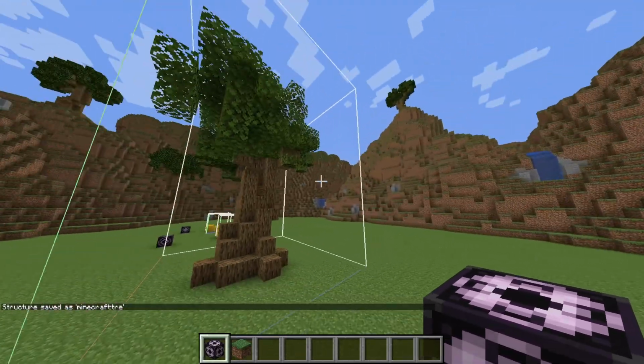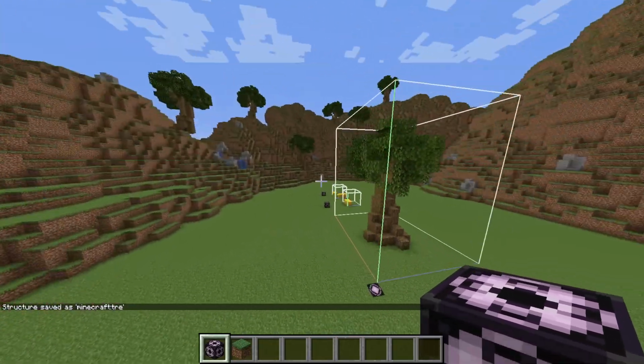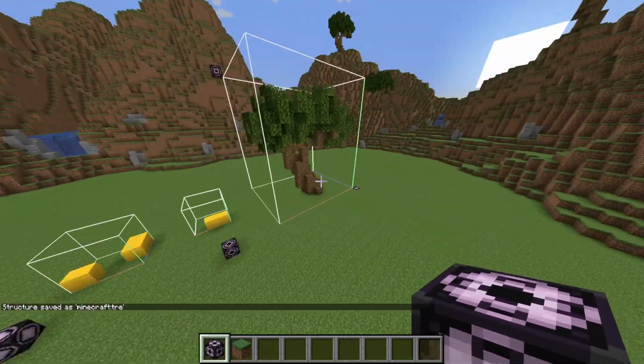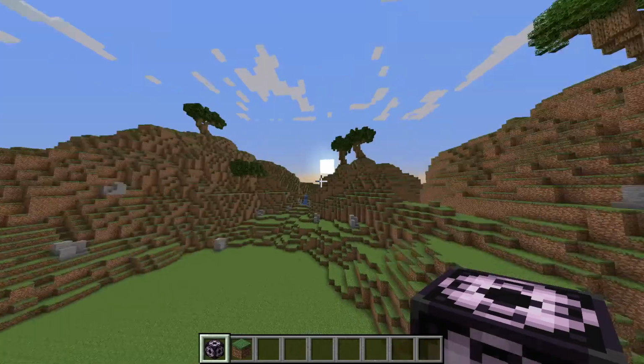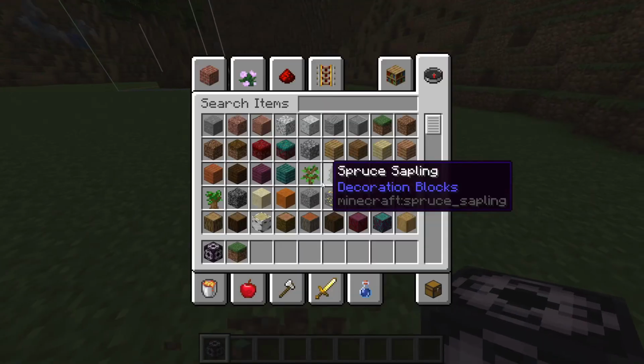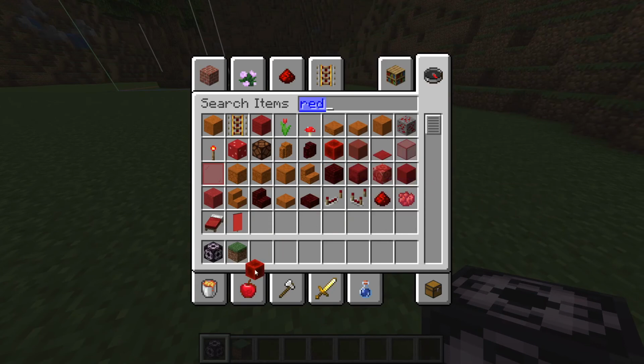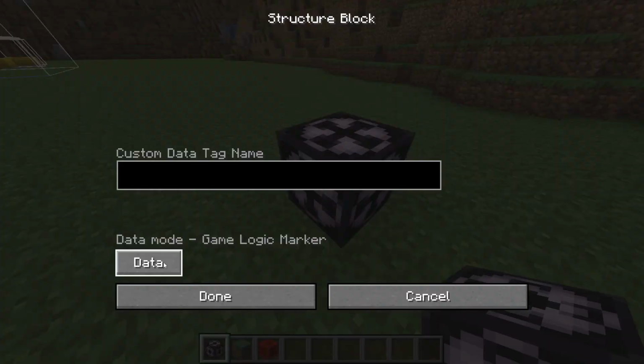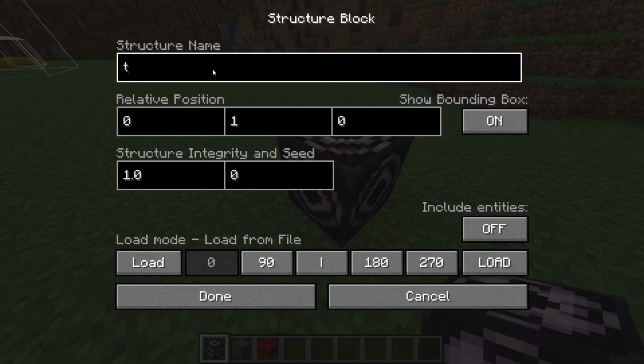Now in order to actually use this practically, it could be a bit slow to go around. It's useful for larger things, but if you want to do many things like this, let's say you want more trees. I'm going to add a tree over here. I want a redstone block. I'm going to want to come over to load again. I'm going to type in tre